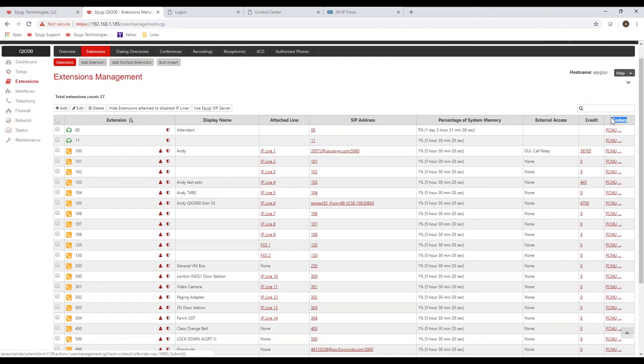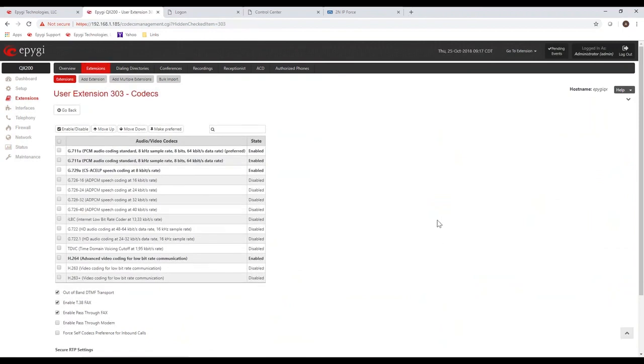All right, after you create the extension, let's go to Andy's extension 100. You could either put a check beside it and do an edit, or we've given you these little icons here. These are shortcuts. The one on the right will take you to the admin settings, where I can change the display name, and you can assign the IP line that the extension is assigned to. Of course, there are some other features here that we're not going to